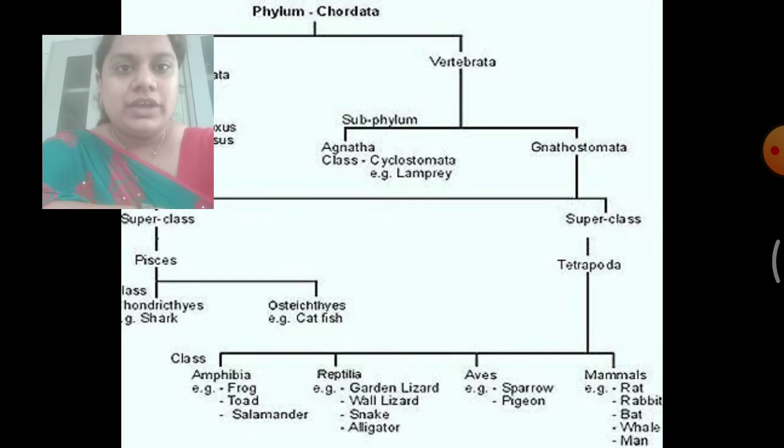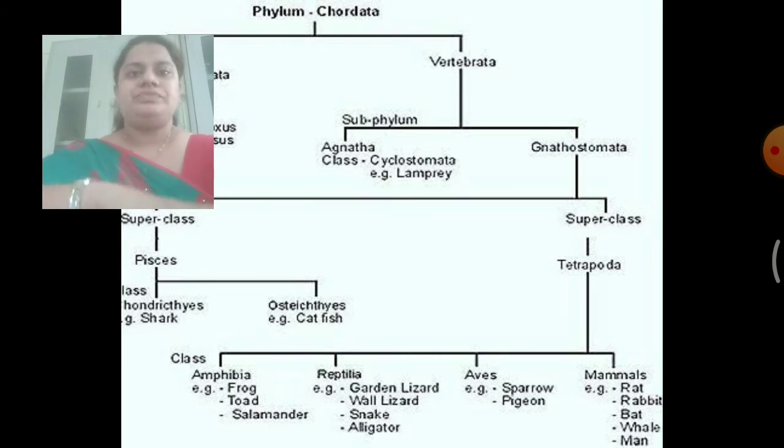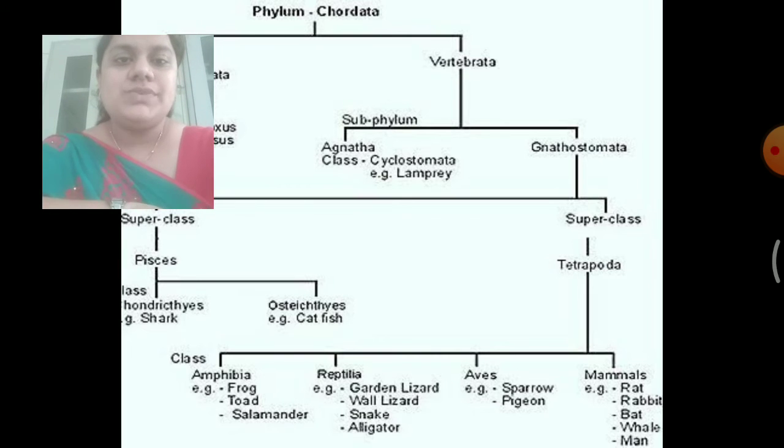So today we'll be talking about the fishes, which are classified as Pisces, nothing but Chondrichthyes. Gnathostomata is again divided into two superclasses, that is Pisces and Tetrapods. In Pisces there are Chondrichthyes and Osteichthyes, which are the classes of fishes. Here in Chondrichthyes we will be taking a type study of a shark known as Scoliodon. Commonly, Scoliodon is known as the Indian dogfish.